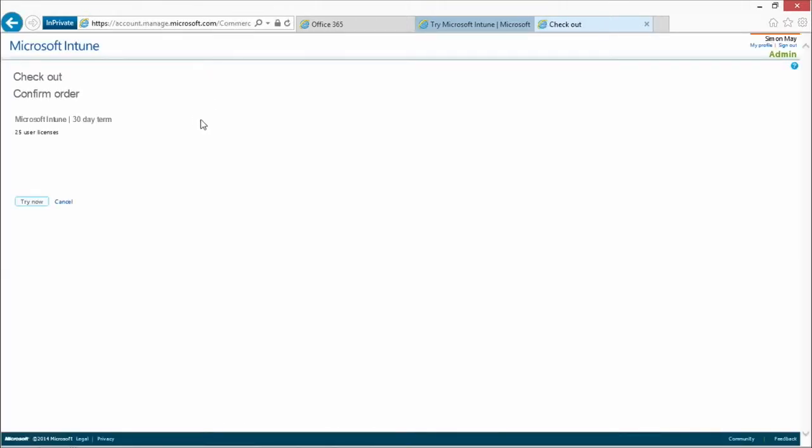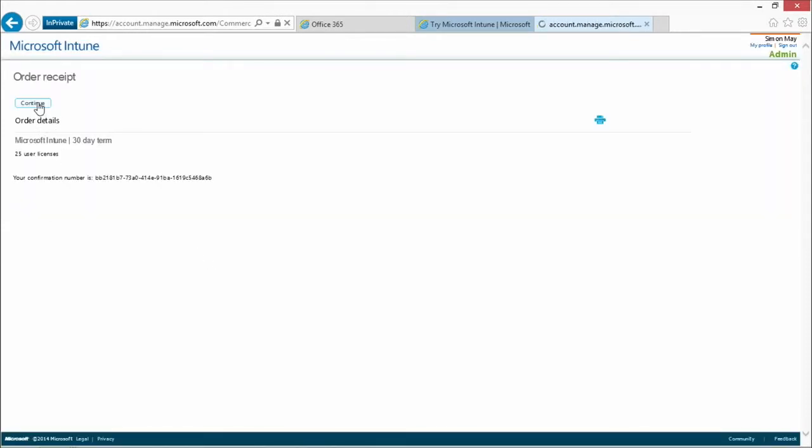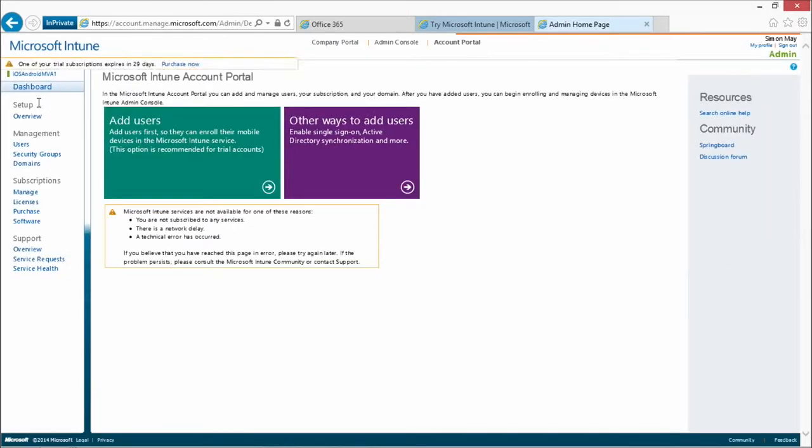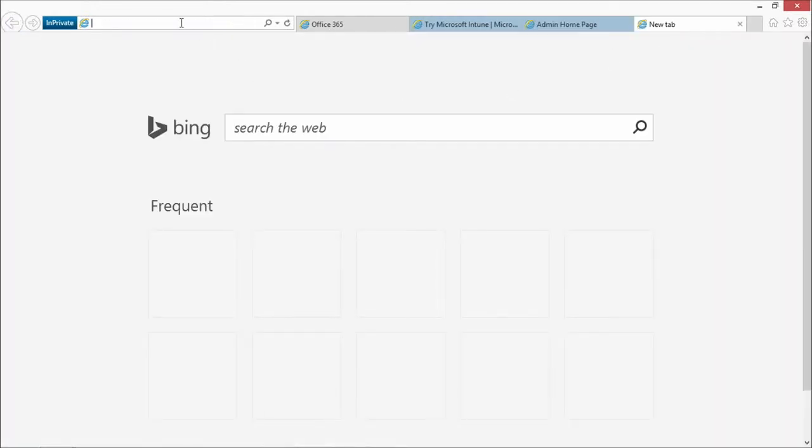So then it's going to say, hey, you're already signed in, I know who you are. So let's just add that trial onto your account. And continue. And that's it. We're done. We've now got an Office 365 tenant that also has a Microsoft Intune tenant attached to it as well. So now we need to go one final step, and we're going to go across to